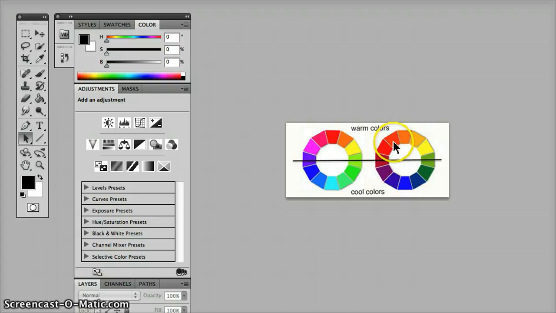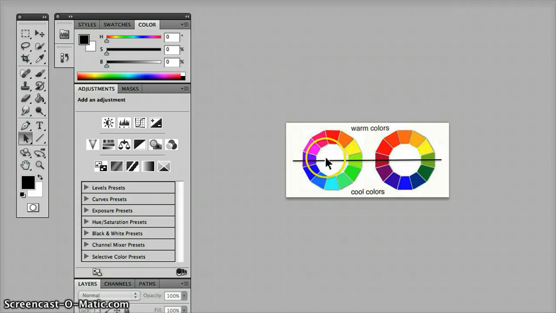Same thing on the traditional color wheel. Red, red orange, orange, and yellow orange all share very close properties. Green and blue green to blue, those would share properties as well. So colors next to each other on the color wheel share properties, but if they go too far, they no longer share